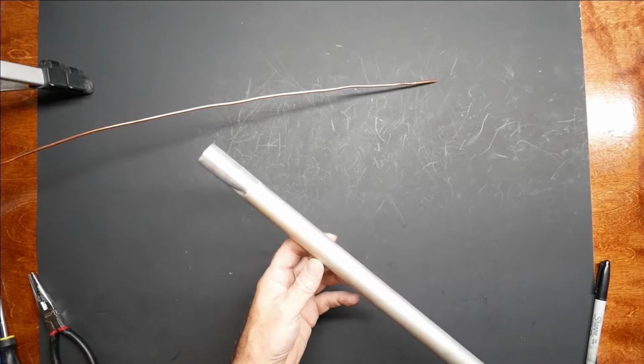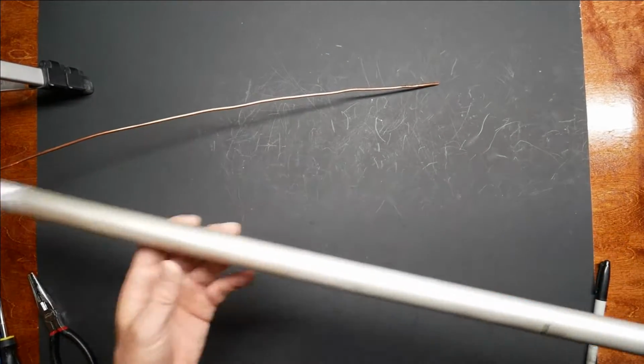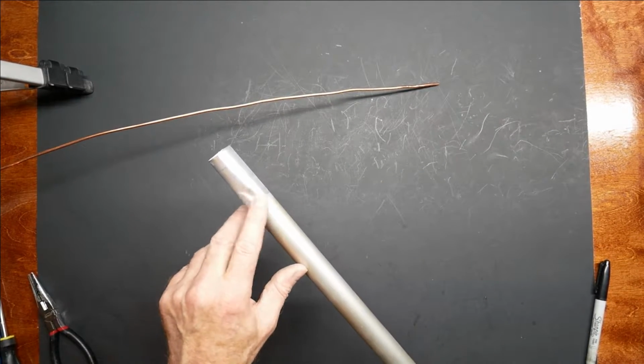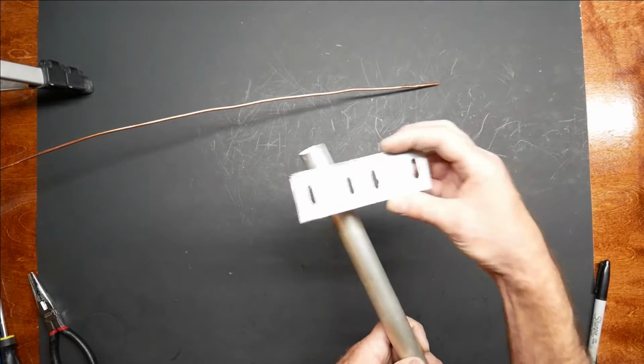So here's my mast. It's just a piece of aluminum that I had laying around. Not sure what it came off of, but it's thin wall. It should be enough for this little tiny antenna. There's a little dent here at the top, but that's not going to hurt anything because I'm going to cover it up with this